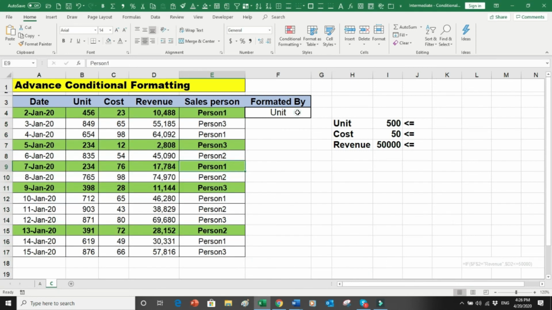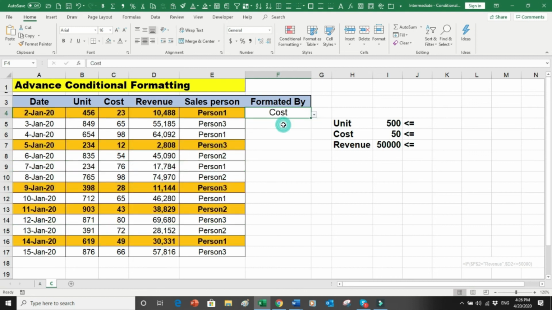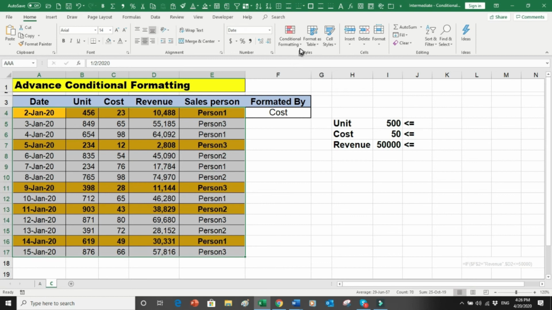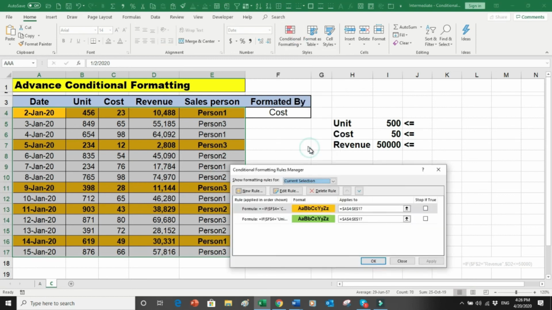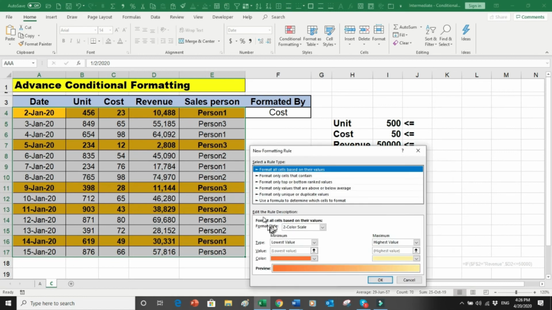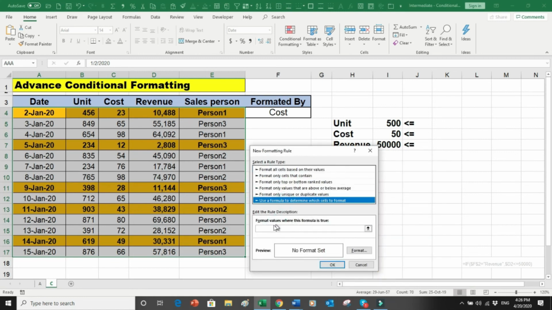And now the moment I select this thing to cost, you have seen that all these items which are less than 50 have been highlighted. So now the last thing before I close the session: manage rules, new rule from the formula. What is my rule? Is equals to if, bracket start, this cell is equals to revenue, then do what? Then this cell